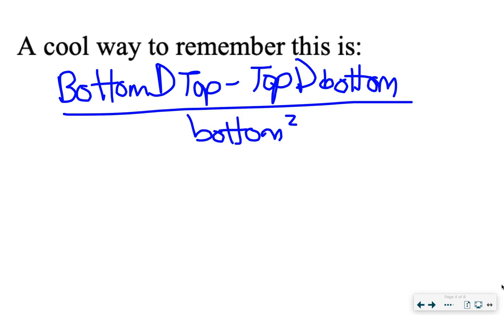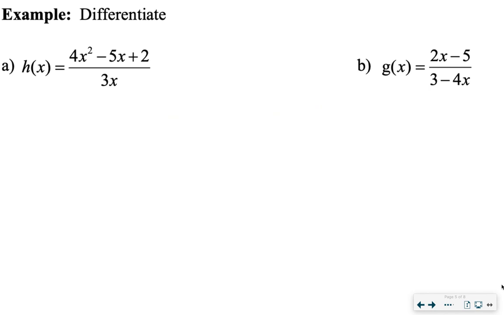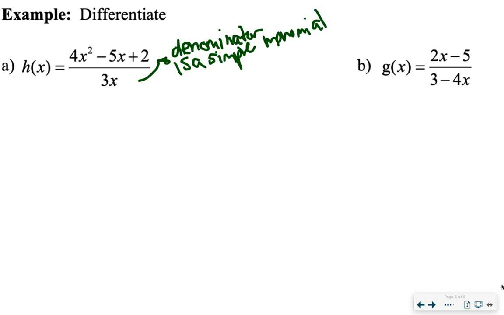All right, so let's now apply that. Let's differentiate using my quotient rule. So this first one here, we actually don't even need to use the quotient rule. The reason being is my denominator is simpler. The denominator is just a monomial. So you can absolutely go and use the quotient rule. It'll work. But because it is just a monomial,